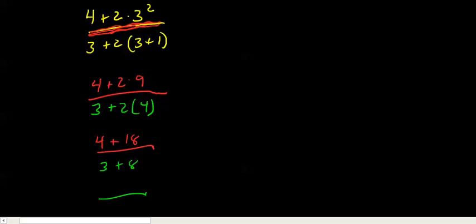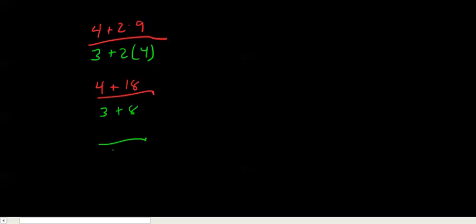And then 3 plus 8 is 11. 4 plus 18 is 22. 22 over 11